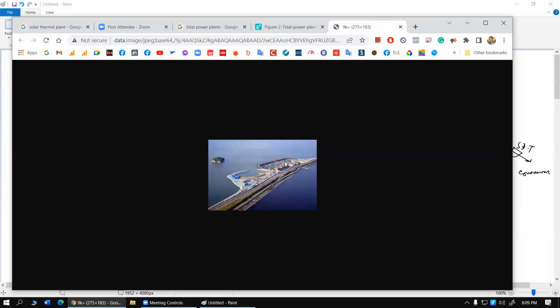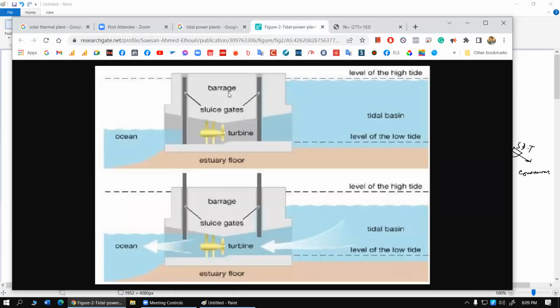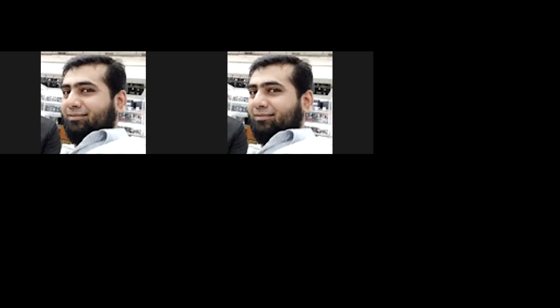At the peak point of the high tide, all of these dam doors, which are called sluice gates, or in this case barrages, will be put down. So this water will become